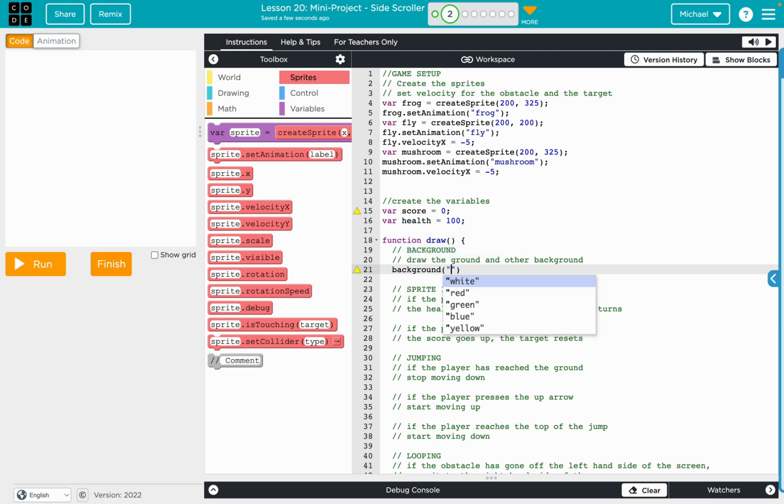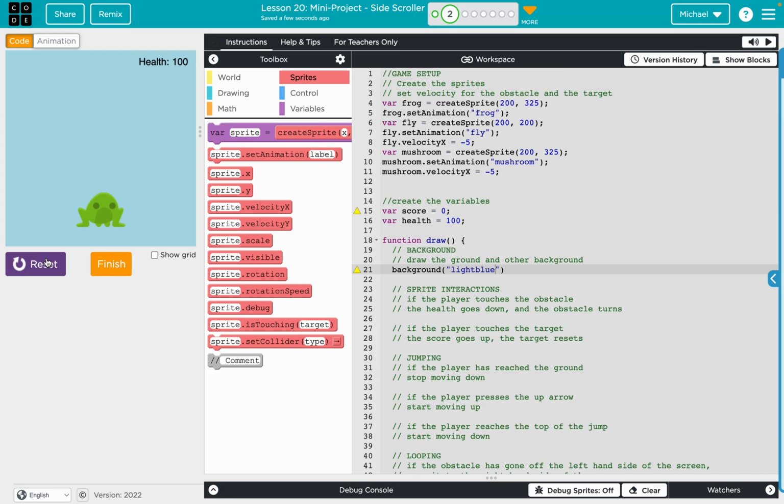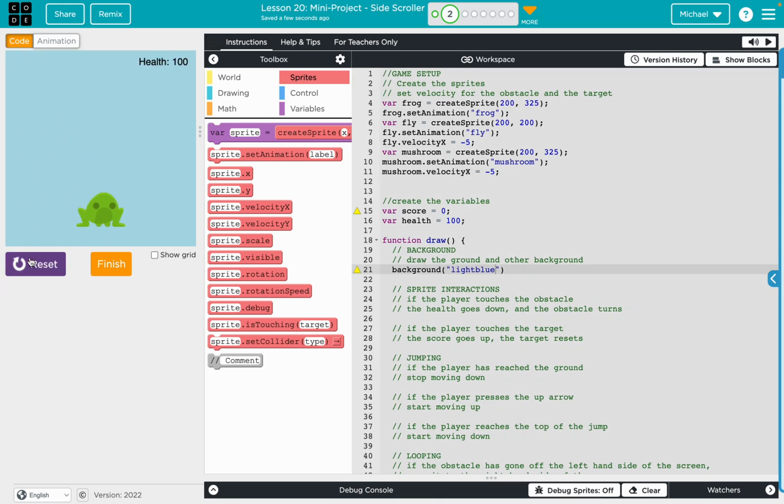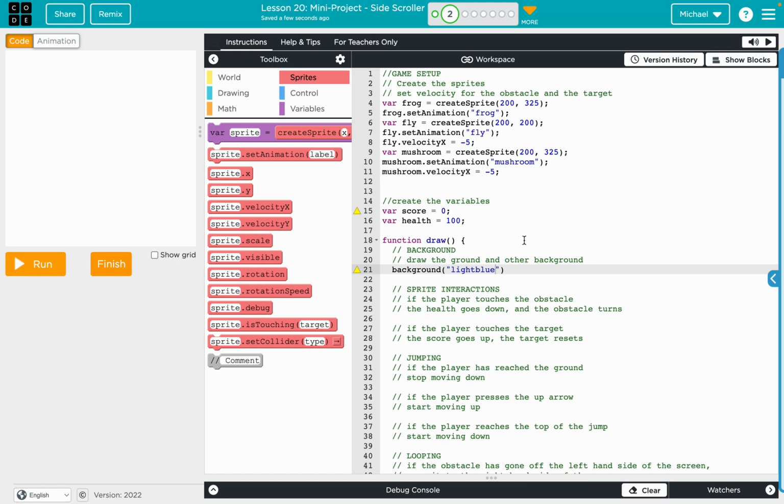And I think light blue. Blue? Is that how you spell it? I don't know. Let's see. Yeah, good. Okay, so light blue background. Awesome. So there we go. Now you'll see that those objects move across the screen to the right. Awesome. So the next thing that we're going to do,